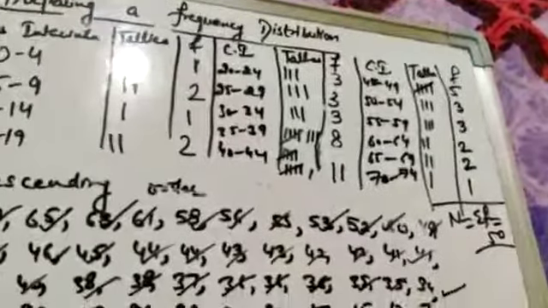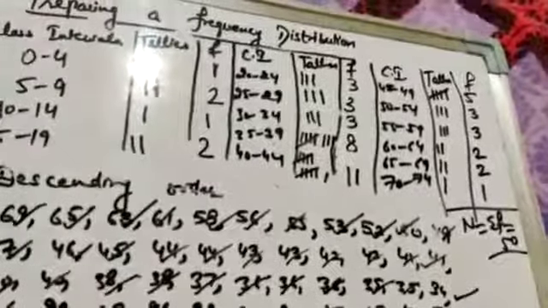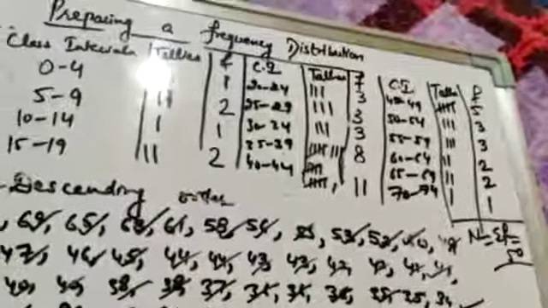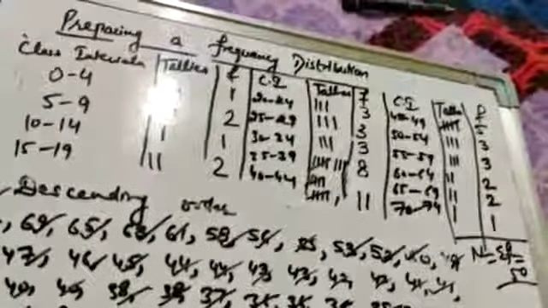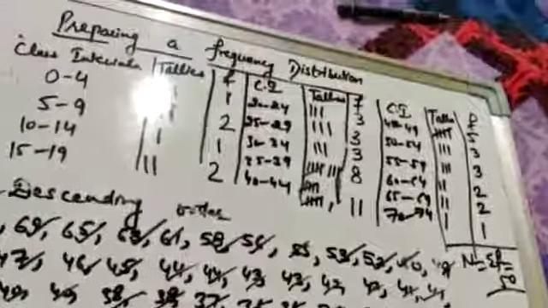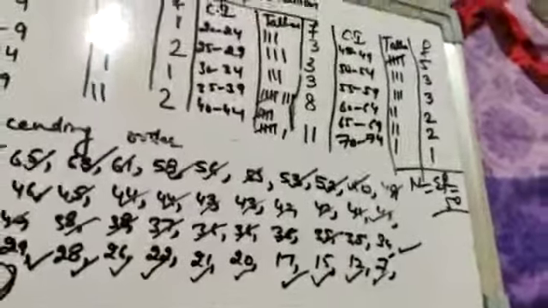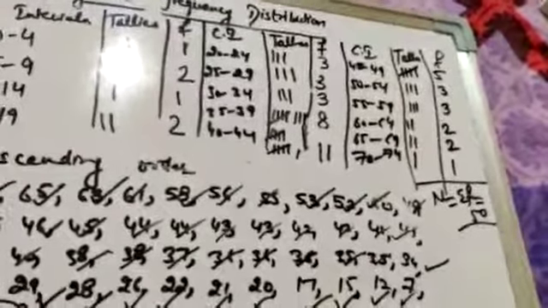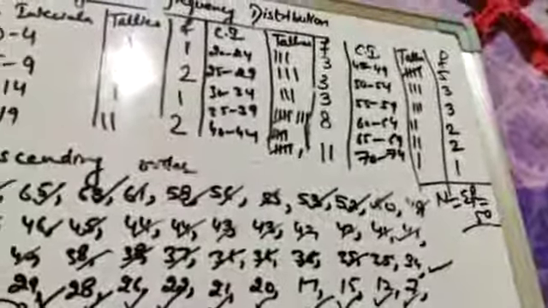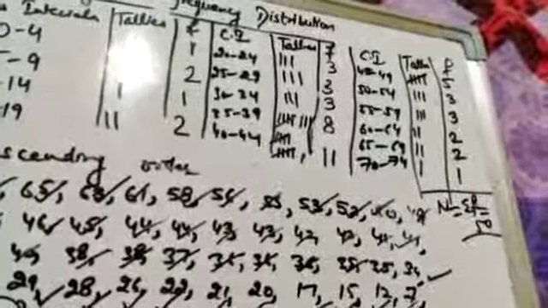The formula to calculate number of class intervals is range of scores divided by size of class interval. Our range of scores is 68, we calculated, and size of class interval is whatever interval you want to make. Let's suppose you want class interval size 10, then you divide by 10. But I have taken 5 because I want to make smaller class intervals. 68 divided by 5, its answer will be 13 point something. So class intervals can be 13 or 14 or 15.